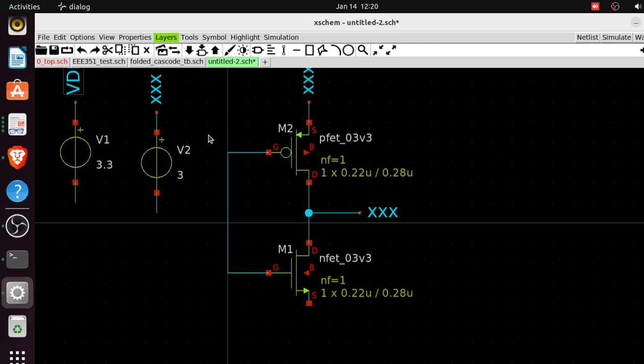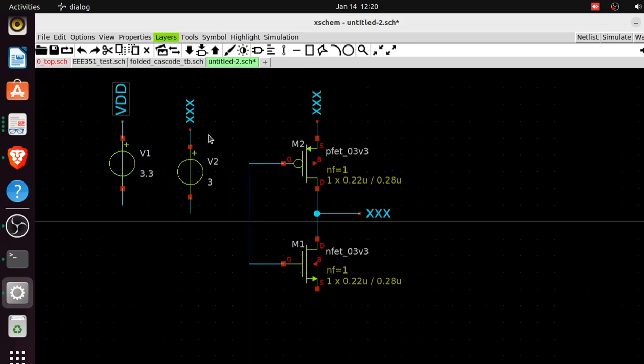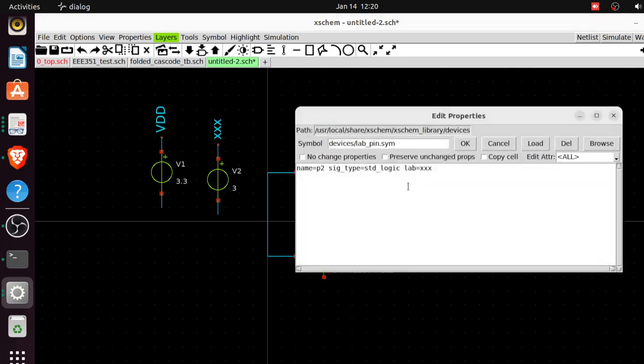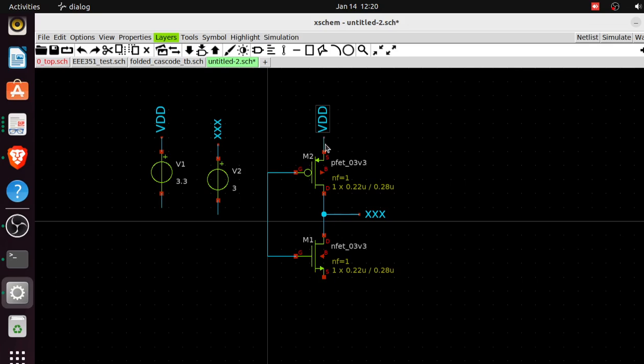Let me zoom out a little, so that will be Control Z. So VDD, I also want this place to be VDD. You know, we want them to be electrically connected, right? So I edit this to VDD, so this way this node here is electrically connected to this voltage source here,